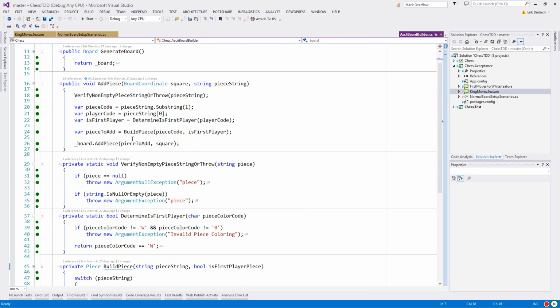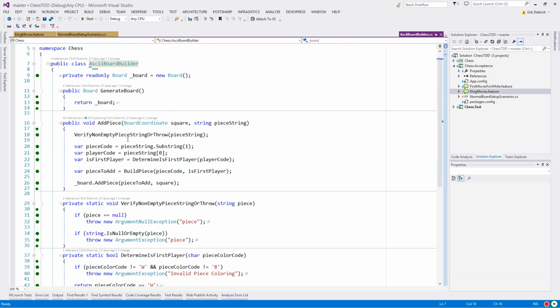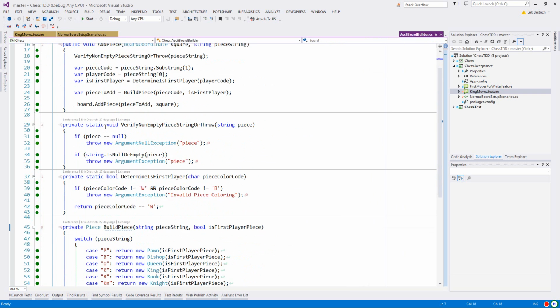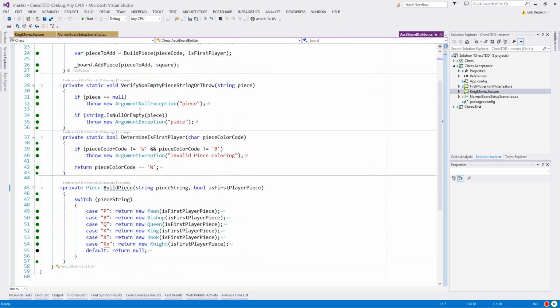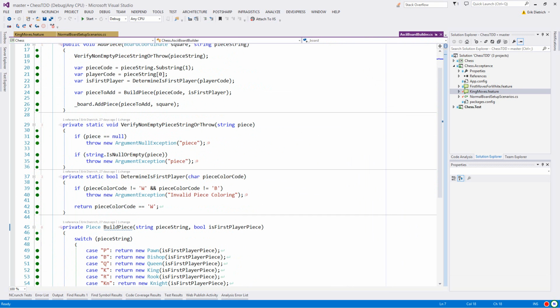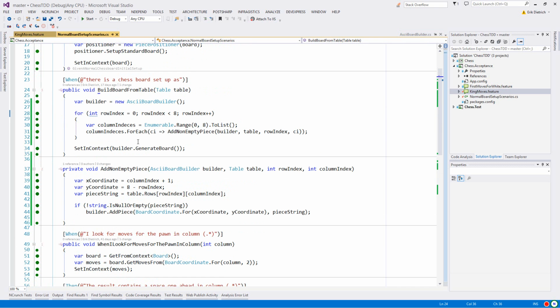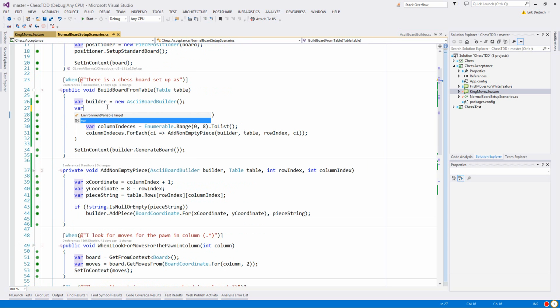I think I was looking at builder to see if I could make that a class level field and maybe get rid of one of the parameters to that method that's just basically noise. So depending on how builder was implemented, I was probably looking to see if I'd put some kind of clear method in here or something. I could make the board builder a class level field and just reinstantiate it in this method every time and then refer to it in that add non-empty piece method. But